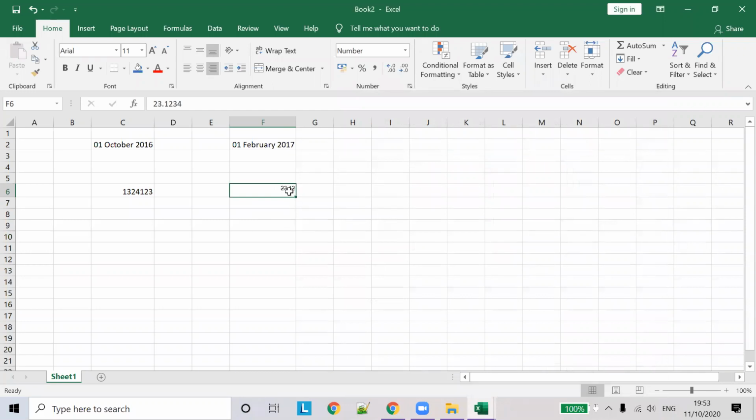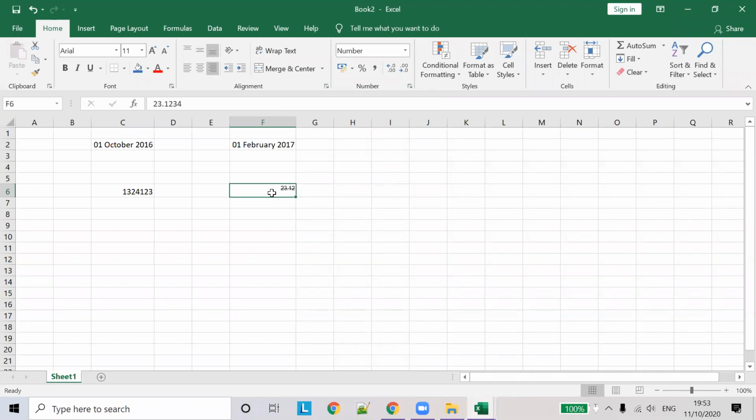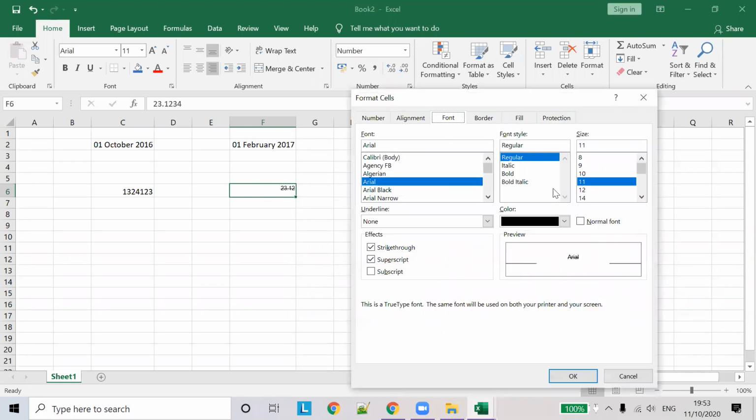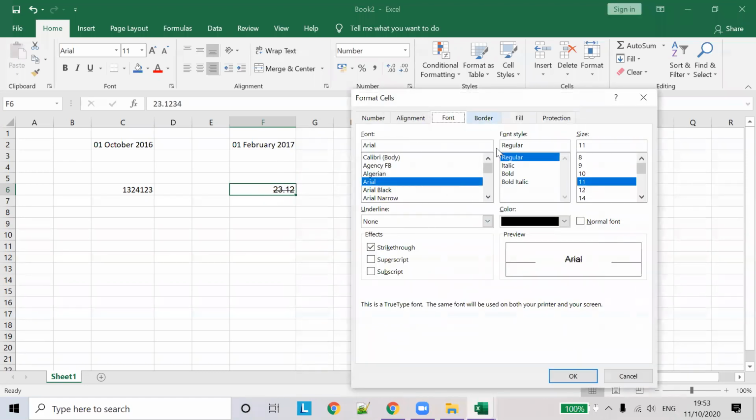You can see numbers and different formats using this Format Cells option. Press Control 1, and you can choose to display a strikethrough of our data. So you can display 23.12 with a horizontal strike in the Format Cells option. This kind of formatting can be done.